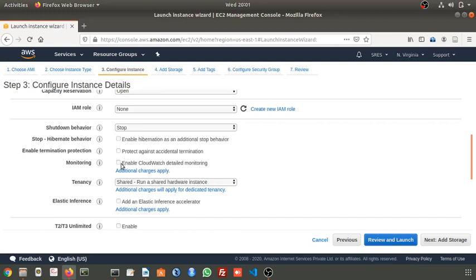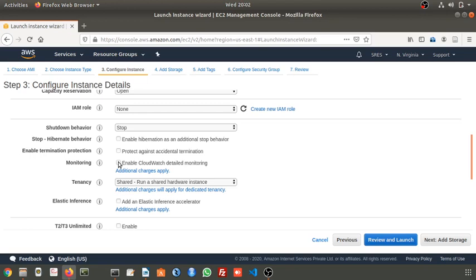Next, whether CloudWatch is required or not. By default, every machine will be monitored every 5 minutes, which means every 5 minutes you will get the report of your machine. If you enable CloudWatch, every 1 minute you will get the report of your server details: what the load was, at what time the highest load is there, at what time the lowest load is there, how the CPU performance was, and all that you can monitor minute by minute. Otherwise, if you don't select that, you can see those details every 5 minutes.